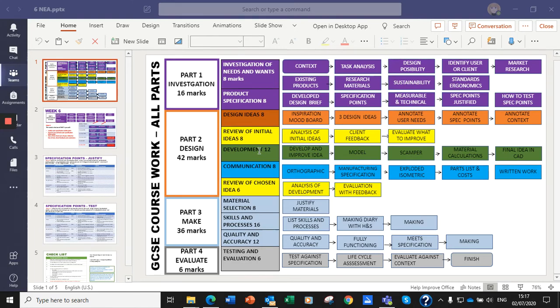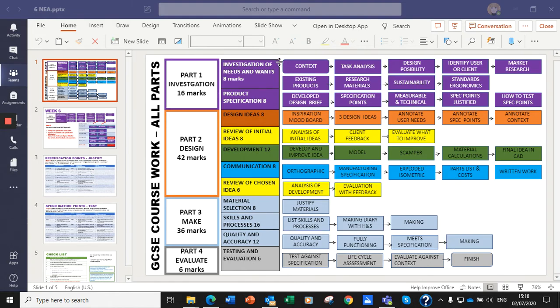So this is part 6 of 6 NEA of all the part 1 investigations that you've been doing. You'll recognise this slide. It's what we seem to be starting off with on Miss Steele's wonderful PowerPoints. It's what she's putting in all the time to try and help you understand where you are in this project. So this project goes through till March, and we at the moment are looking at part 1 investigation for 16